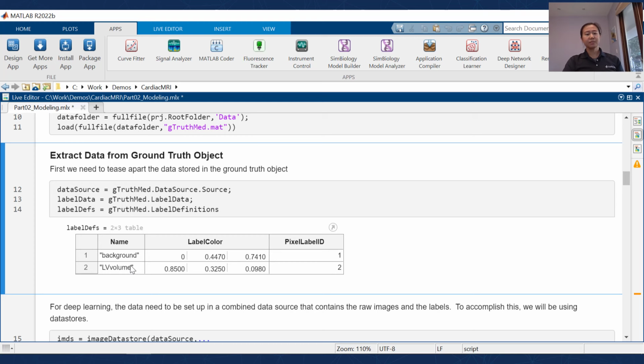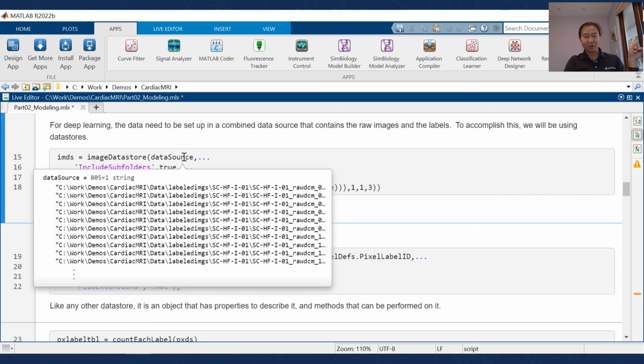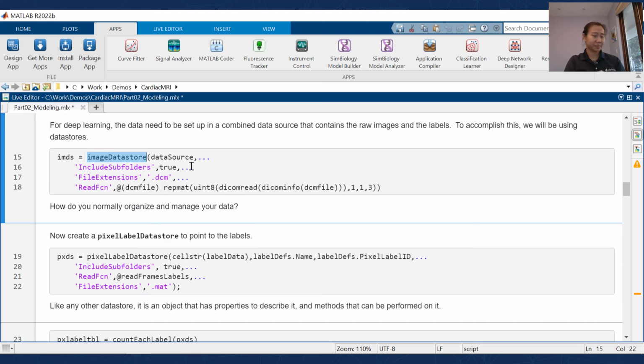For those of you who may not be familiar with working with images in MATLAB, if this is your first exposure to any kind of image processing or deep learning on images in MATLAB, a really important phrase to learn is datastores. This is my personal favorite way to work with lots of different files in MATLAB, because all you've got to do is point. I'm saying, hey, the ground truth file says all of the data source files are here, so I want you to get all of them